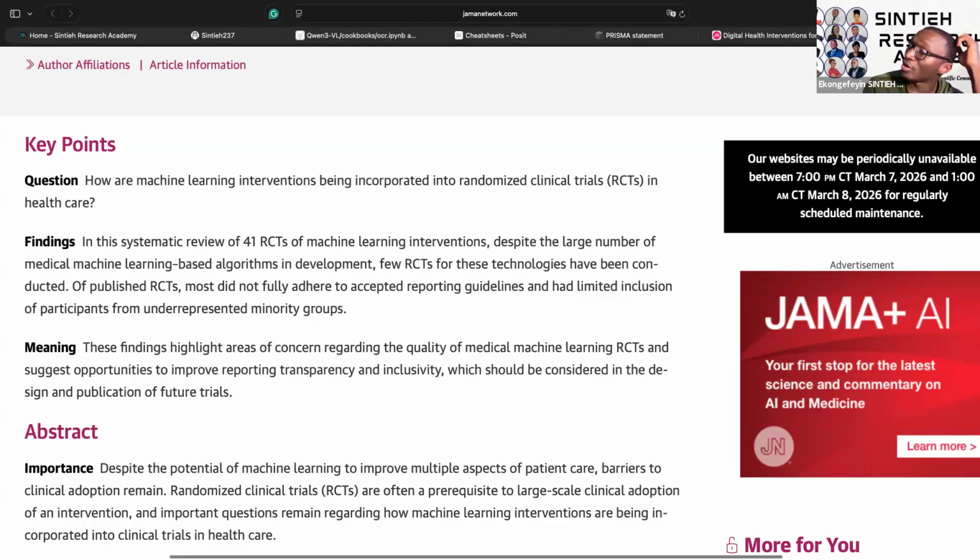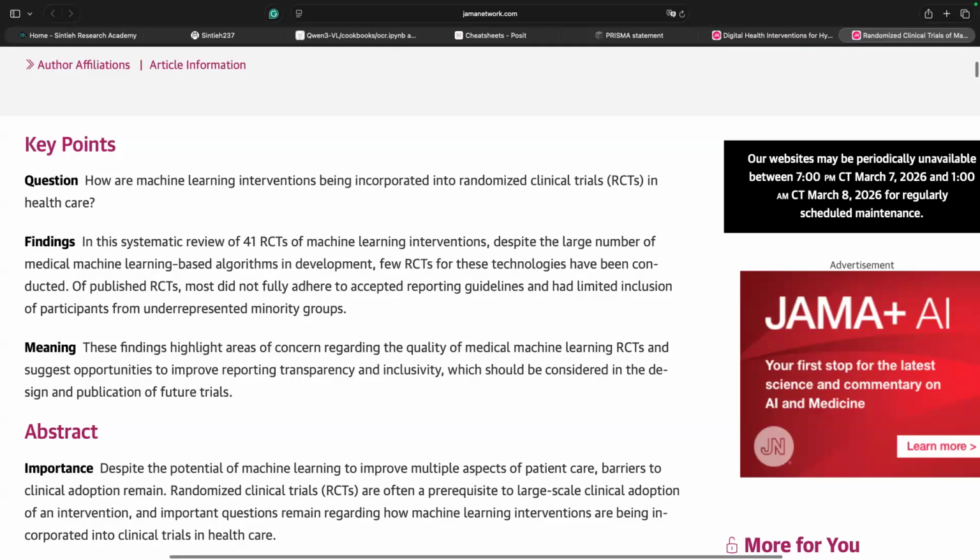Stay, don't go off. Why do you think we cannot do a meta-analysis for this study? Just from reading the key points. Okay. They said that some of the randomized controlled trials did not respect guidelines in their reporting. No, read only the question. The answer is only in the question. How are machine learning interventions being incorporated into